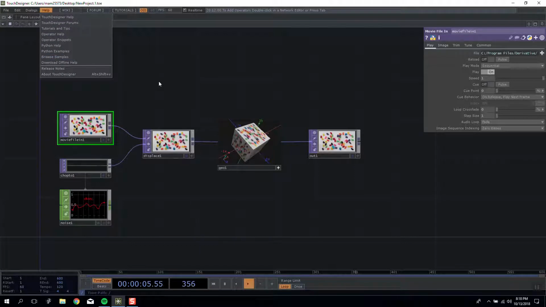And then obviously you have help. Help is going to be your saver for most things, but each node that we'll look at in a minute,